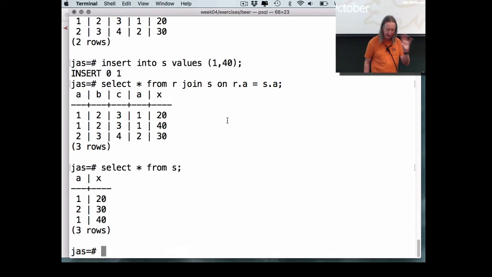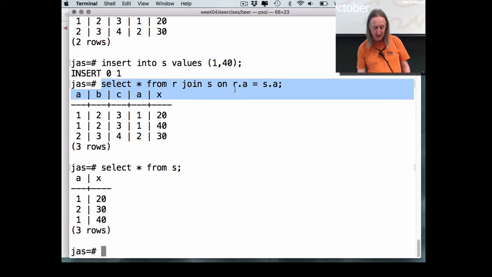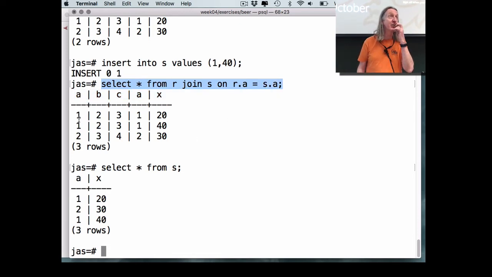And in the R table, we've got one tuple that has an A value of 1, one tuple that has an A value of 2, one tuple that has an A value of 3. Alright, so that's what we get for a join. You can see that there's no tuple that contains 3 because there's no matching tuple in S that has an A value of 3. What an outer join is going to do,